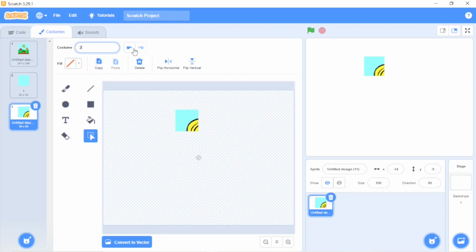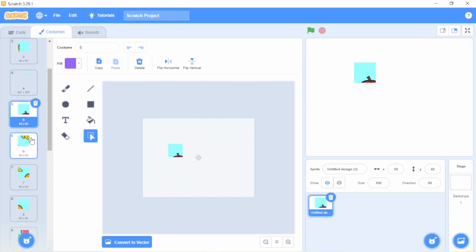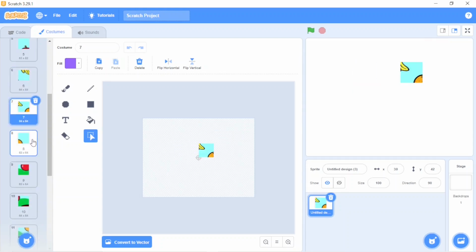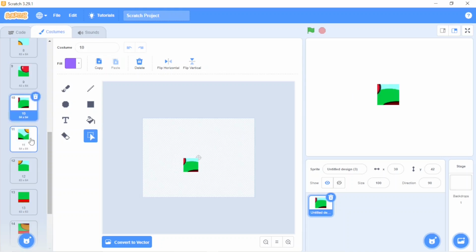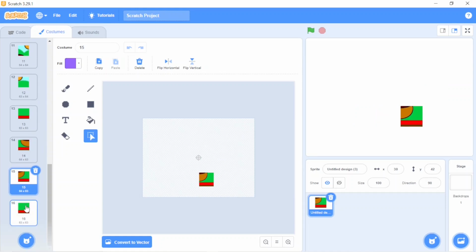In the same manner, I will take all 16 images. Now you will see all my 16 images on screen: 1, 2, 3, 4, 5, 6, 7, 8, 9, 10, 11, 12, 13, 14, 15 and 16. Perfect. If you want to make your puzzle more complicated, you can convert it into more than 16 pieces. And if you want to make it easy, you can choose 9, 12, any number you can select.